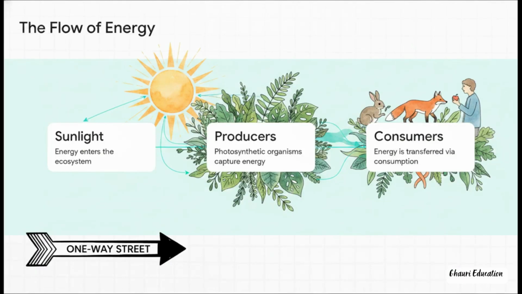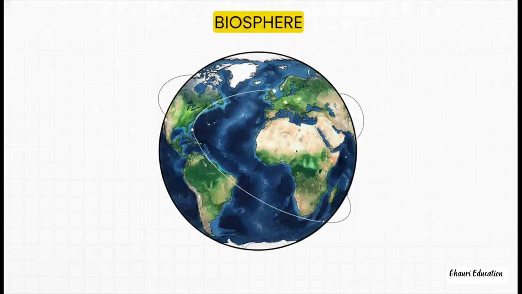And here's that energy flow in action. It pretty much always starts with the sun. That energy gets captured by producers, like plants, and then it moves up the food chain to consumers, like us. It's a one-way trip for energy. So, we've climbed from a single molecule to these huge ecosystems spread all across the entire globe. What happens when you take all of it, every single ecosystem, and put it all together?